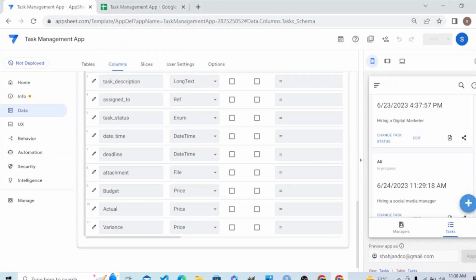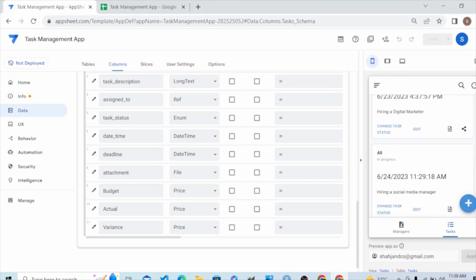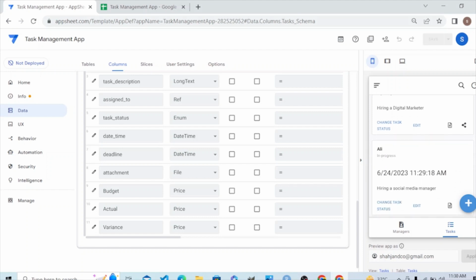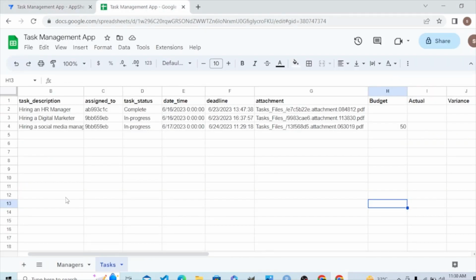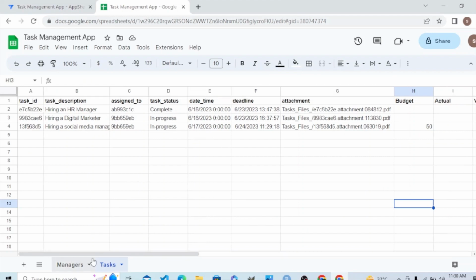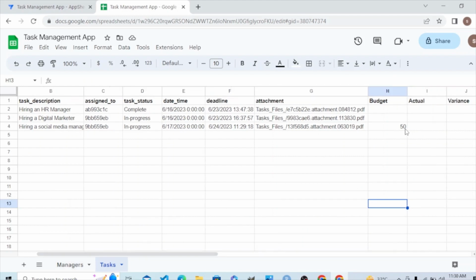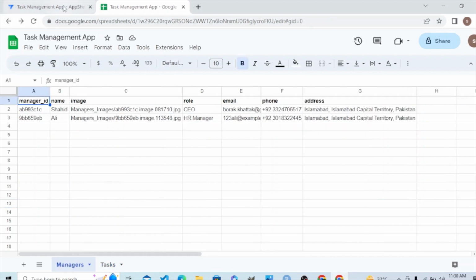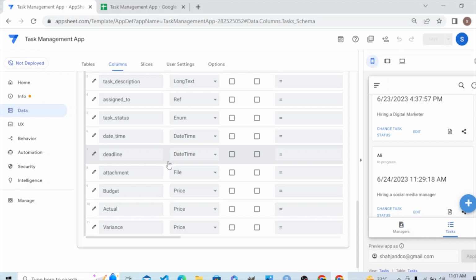You can see Ali is the owner of that task. He is hiring a social media manager. Let me see it there. Yeah, it is there. You can see the budget is here, $50. Okay, so this is how we add new columns to our table. This is how we amend our table. This is how we change our tables. This is how we scale our tables or